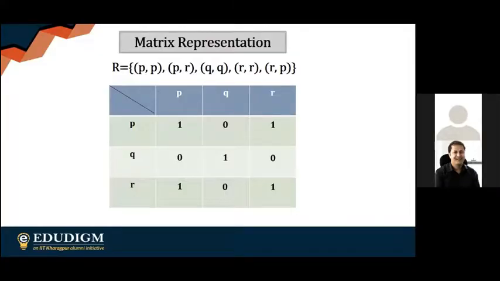Now, there's a very interesting thing that you can notice here. If you look at the diagonal elements, all of them should be 1. The diagonal elements are of the form a comma a, and by definition, they should definitely be present in the relation. So this is something that you can definitely see for a reflexive relation. If you have a particular roster form, it's a very interesting observation. But for the off-diagonal elements, we don't have such a restriction. Just check whether we have the diagonal elements or not.